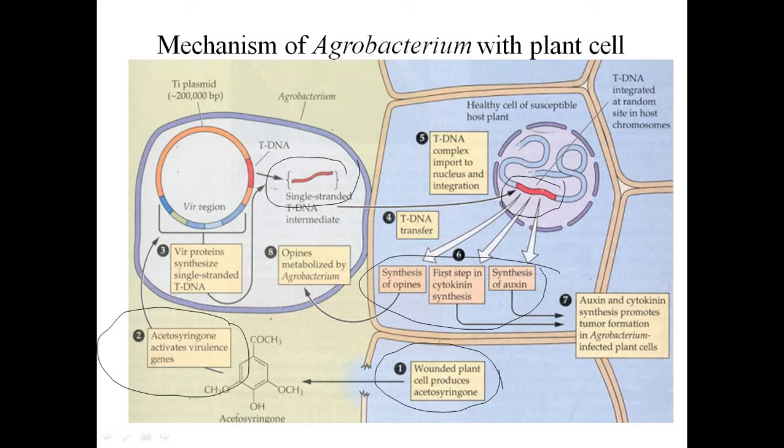Along with this, the tDNA region has these auxins, cytokinins and opine. So there is excess production of phytohormone, and because of this there is a formation of a tumor in the Agrobacterium infected plant cell. And this is a figure